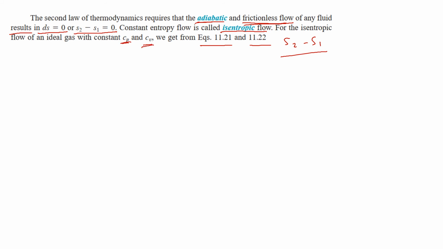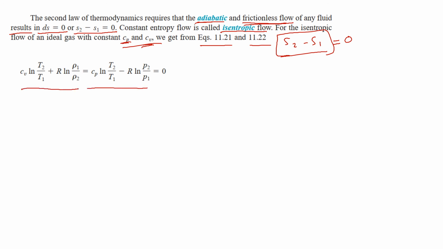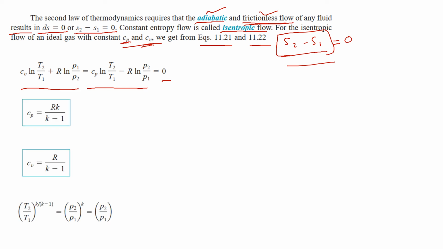So what we will do, we will neglect this term, S2 minus S1 is equal to 0, and then we will write those equations as such. So this is how we can combine these two equations equal to 0, because the flow is adiabatic and it is frictionless. So basically there is no loss that is occurring due to entropy. So this is how we can write this equation, and further we can simplify them by using these two equations. We can write this equation as such, and this equation again